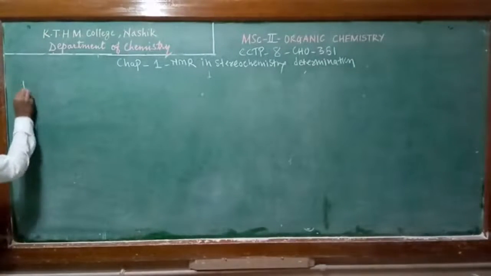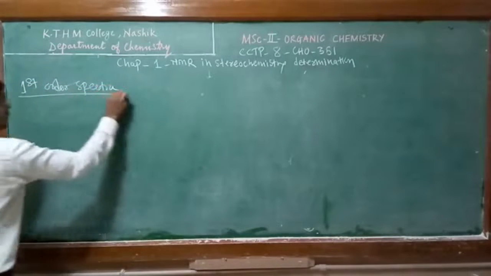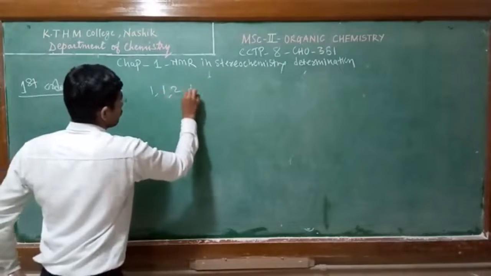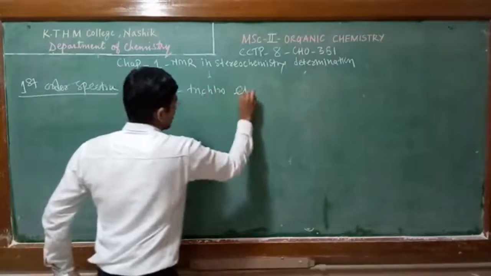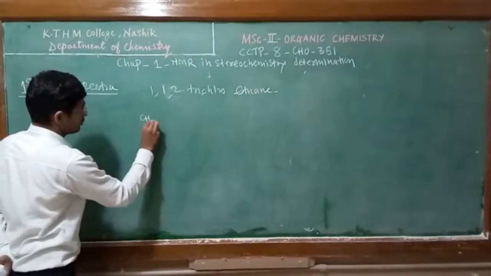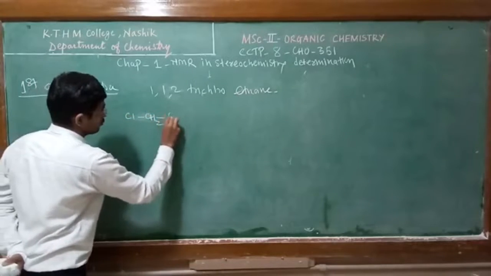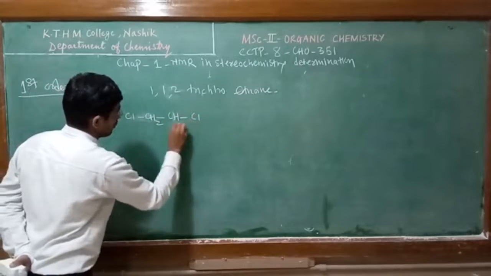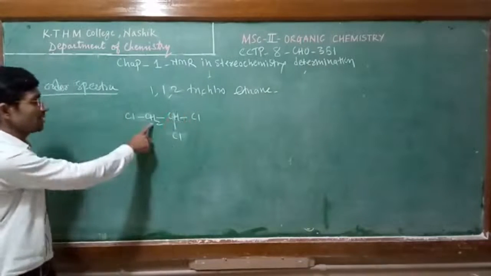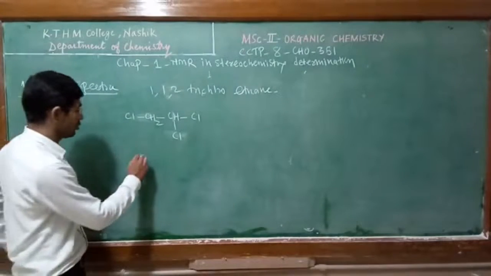Firstly, we take the example of first order spectra. For this we take the simple example, 1,1,2-trichloroethane compound. In this example, this is a 3 proton system. In the 3 proton system, this is the methine proton, these are the methylene protons. This is a symmetric molecule, and in this symmetric molecule,